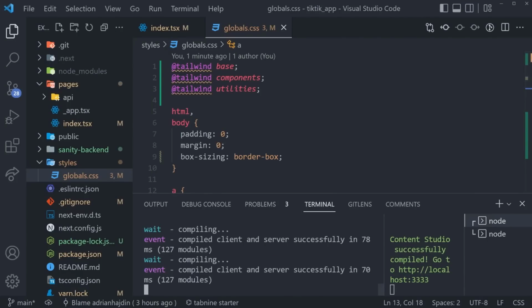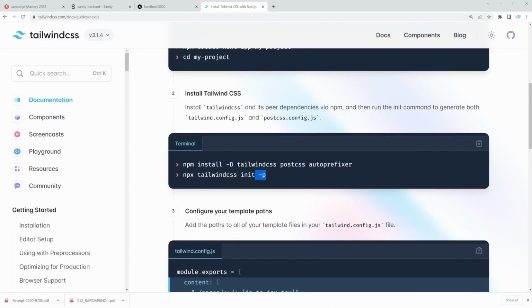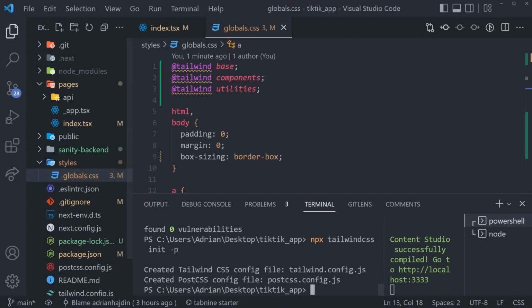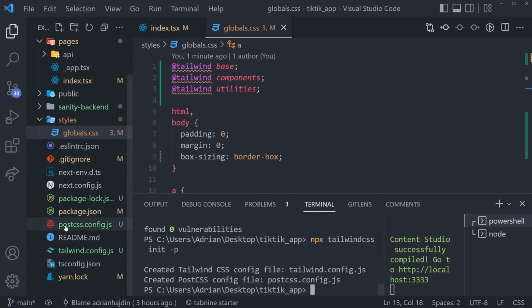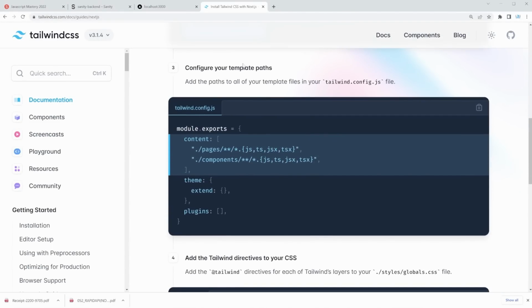Let's open up the terminal, stop it from running for one final time, and paste the command. This is going to install Tailwind, PostCSS, and Autoprefixer as dev dependencies. There we go. And we can also copy and paste the second command, npx tailwindcss init -p. This just created the tailwind.config.js and postcss.config.js as well. We can proceed with the third step, and that is to configure our template paths. To do that, we can go to our